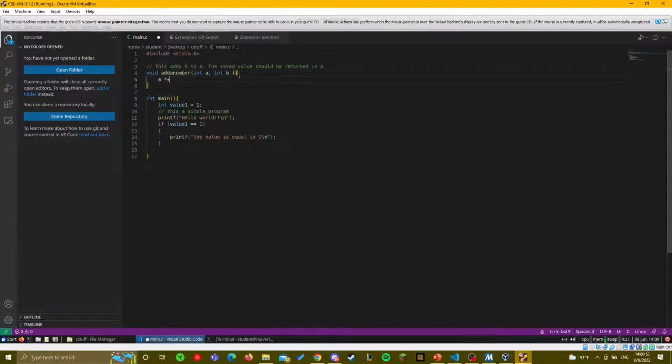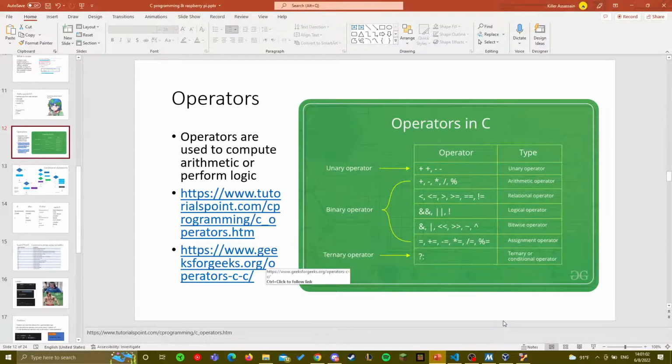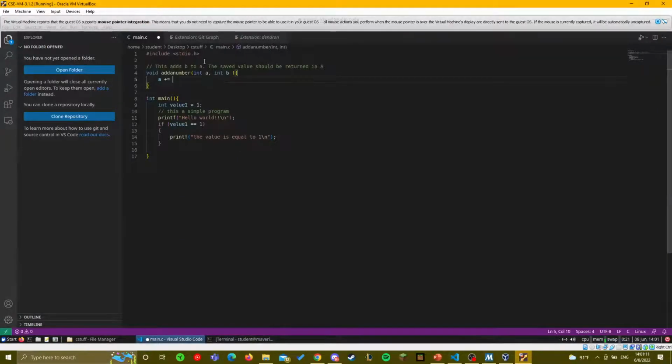So we'll use one of the assignment operators. So we'll use plus equals in this case.